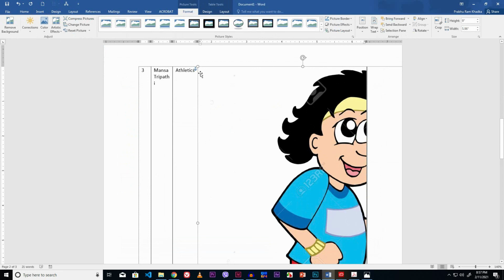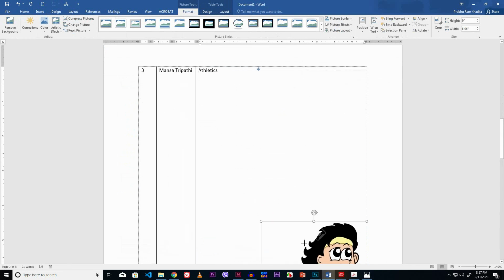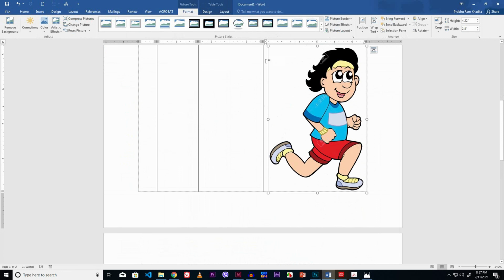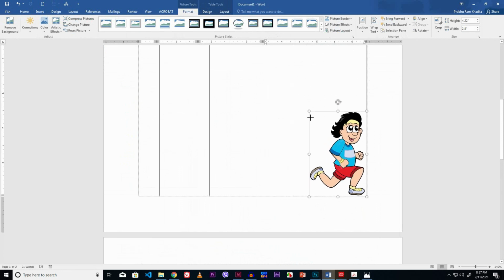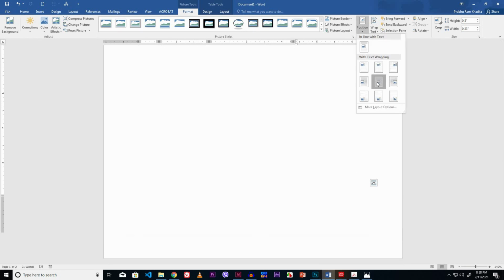Now resize this image using resizing handle. Now position the image. Click the position drop down button from arrange group of format tab. Select the position.